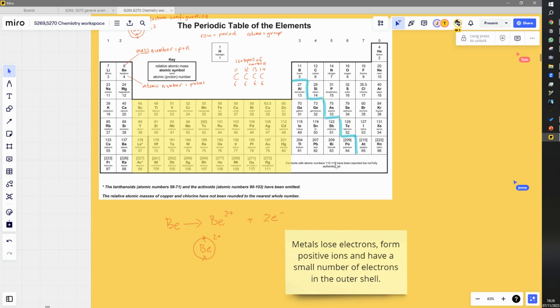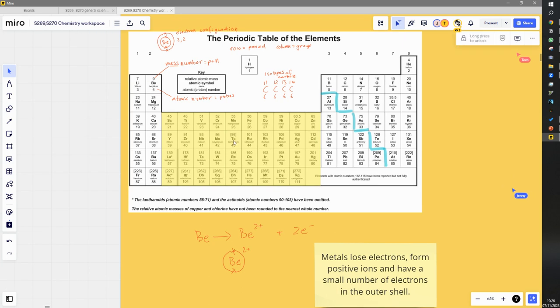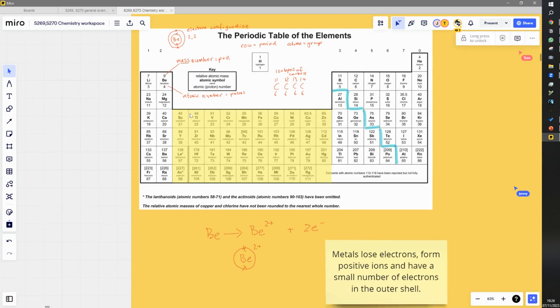However, it's still true that non-metals gain electrons, form negative ions, and they have a larger number of electrons in the outer shell. Okay, so group 1 have 1 electron in the outer shell, so it's going to lose 1 electron. Group 2 have 2 electrons in the outer shell, and so it's going to